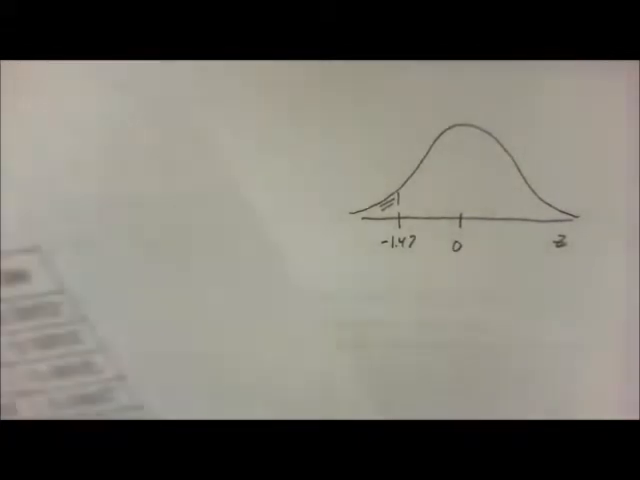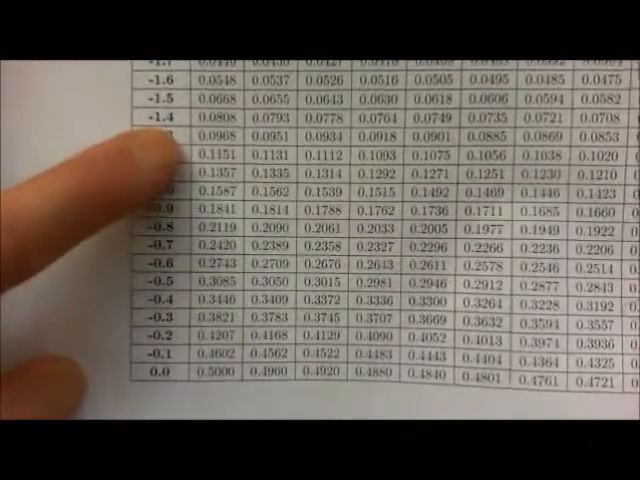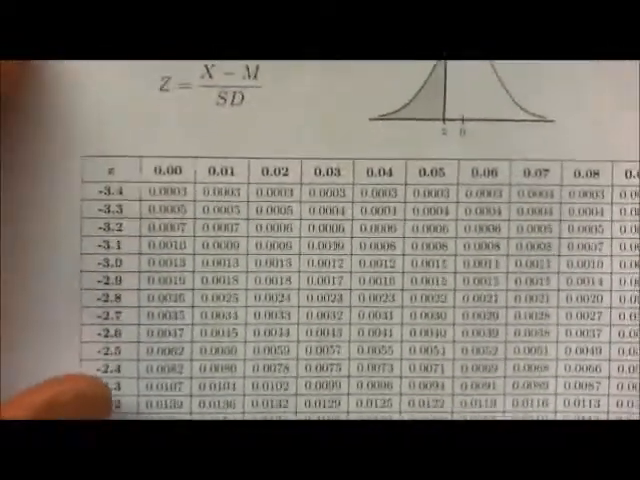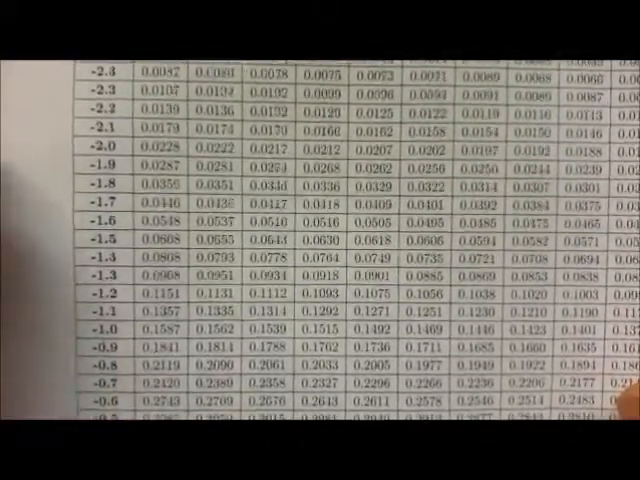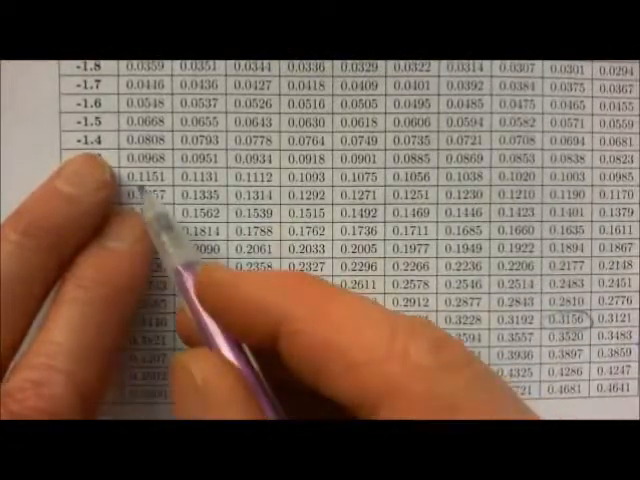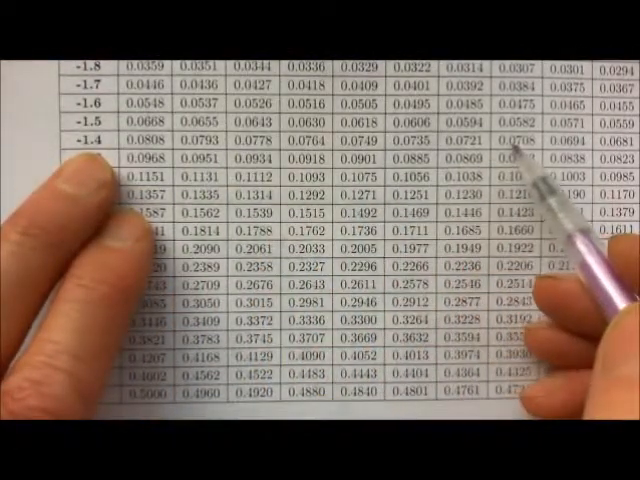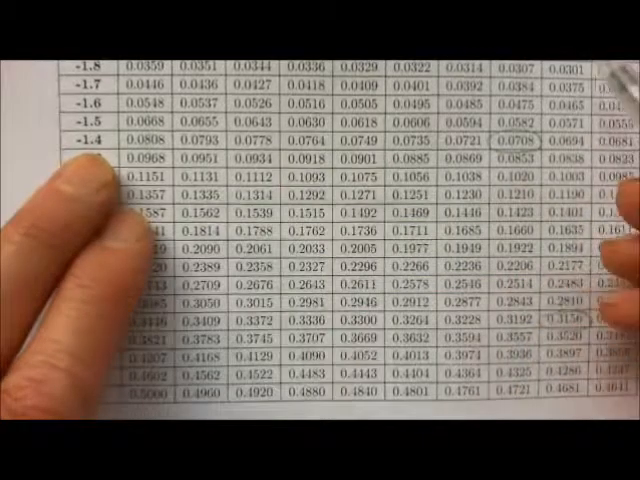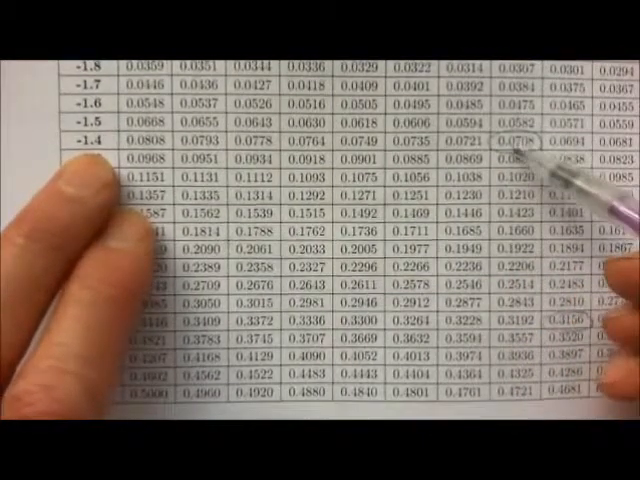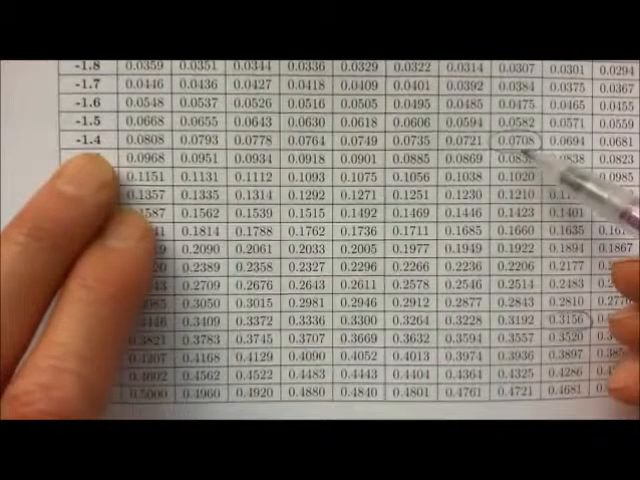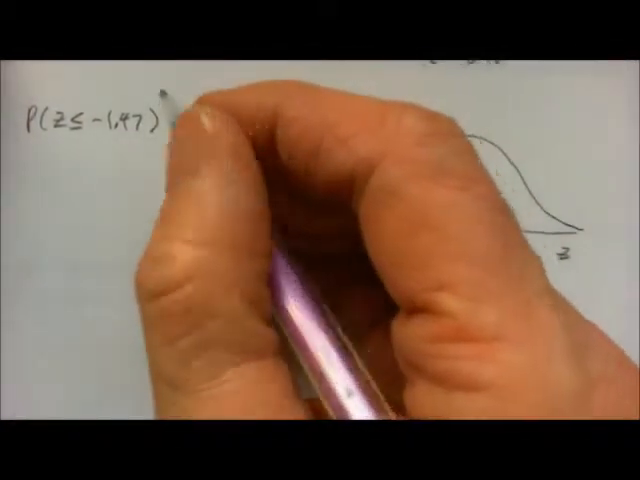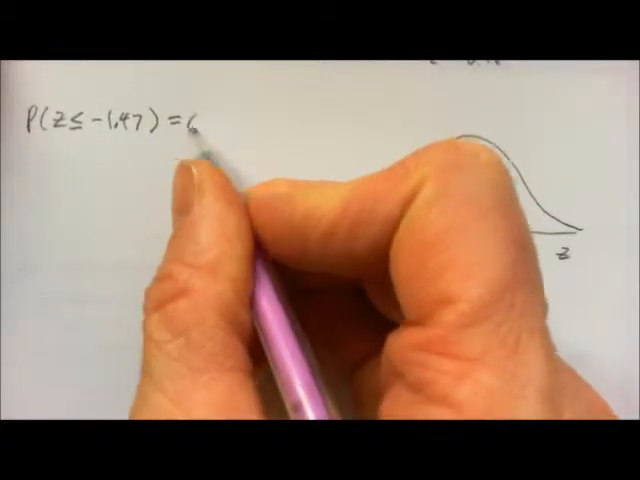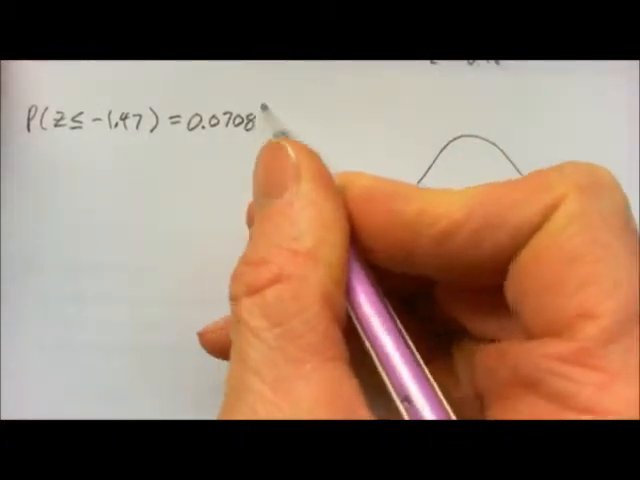Going to the table, we go down the left side to where our negative 1.4 is. We find the column on the top with the 0.07, and we find where those two meet. If I come across in the negative 1.4 row, this is the column below 0.07. And just by pure coincidence, we have about 0.07 here as well. So this is our probability, 0.0708. So the probability that z is less than or equal to negative 1.47 is 0.0708, or